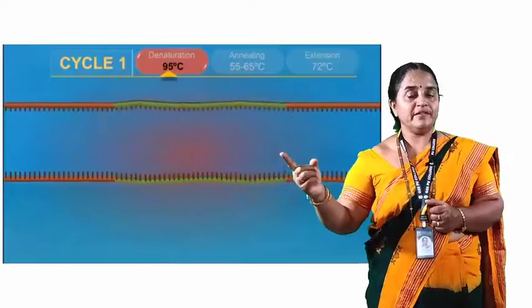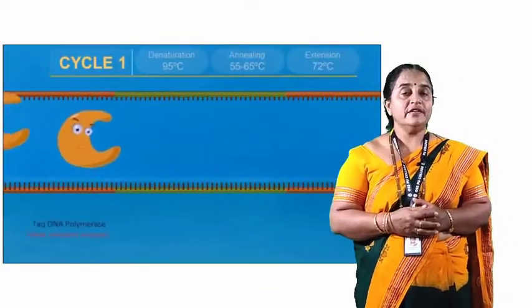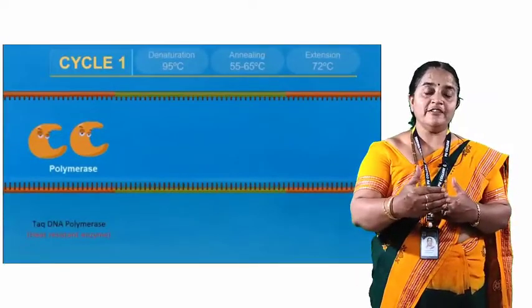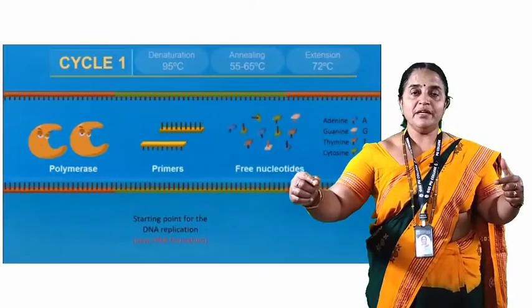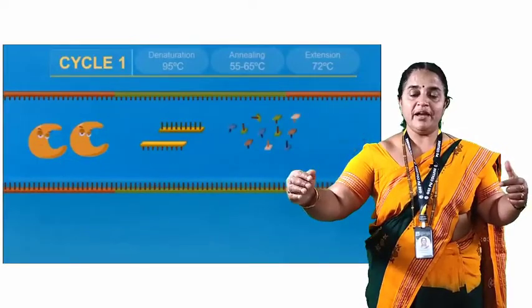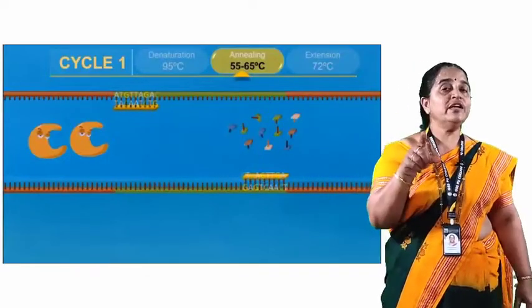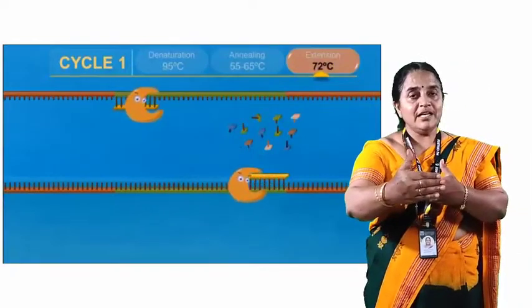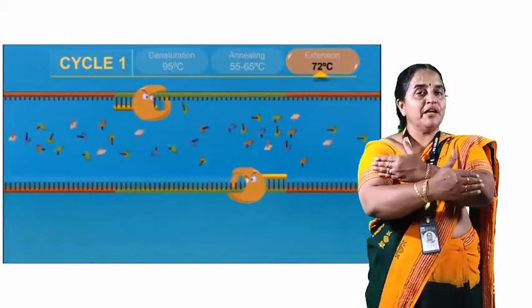Soon after annealing, we need to add deoxyribonucleotide triphosphates, the dNTPs, energy-rich nucleotides, so that they observe the complementary nucleotide on the exposed DNA template and go on arranging from the primer, which is towards the 3' end, and the primer is extended at 72 degrees Celsius towards the 5' end. Thus, on both the DNA templates, the primer is extended from 3' to 5' end.